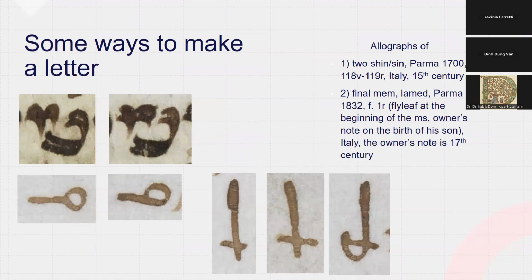So let's talk first of all about final mem, which are 2 letters here, and it should have started from the top and went up. And here again, from top and went to the left side. In Lamed, for example, here we have a little bit more variety because, for example, in this case, in the